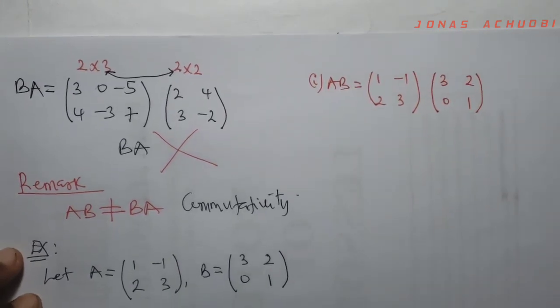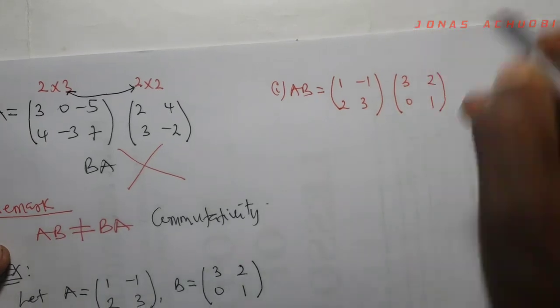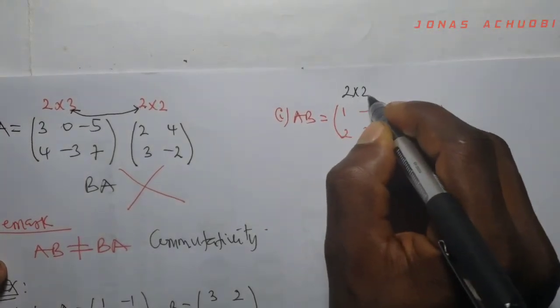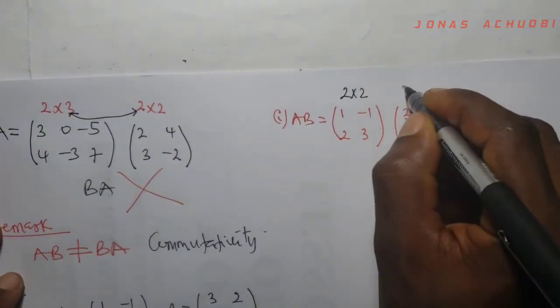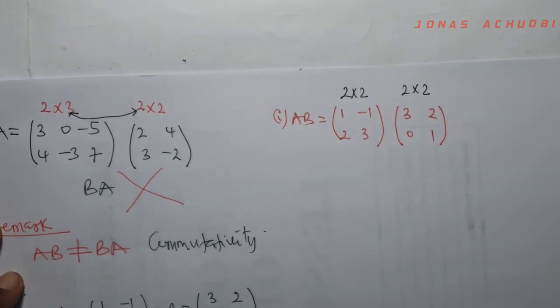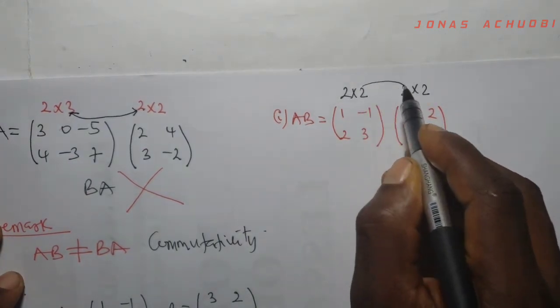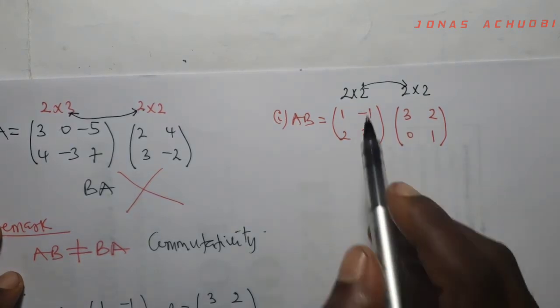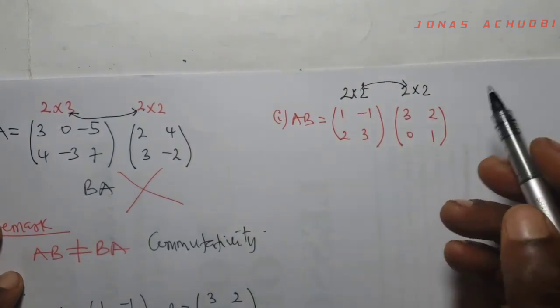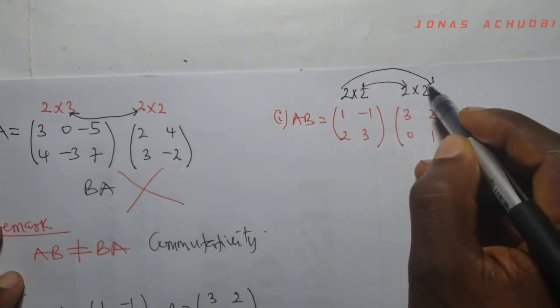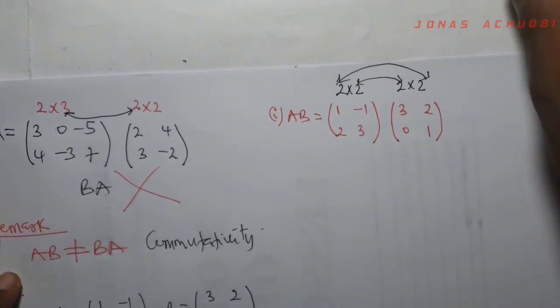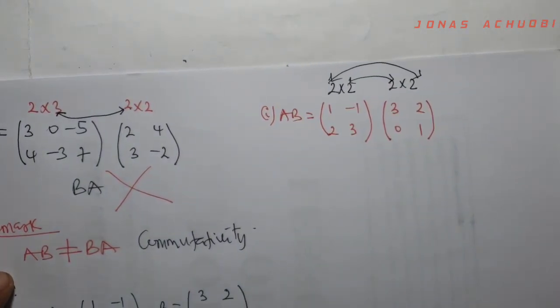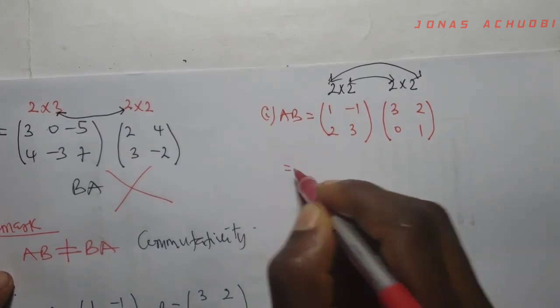Of course, we have to check if it's possible. So matrix A is a 2 by 2 square matrix. Matrix B is also a 2 by 2 square matrix. So what happens? The inner dimensions here correspond, right? Yes. So matrix multiplication is possible. So if we multiply 2 by 2 by 2 by 2, what do we get? We should get a 2 by 2 matrix, right? Good. So let us go on with the multiplication. You know what to do by now. So this is equal to,